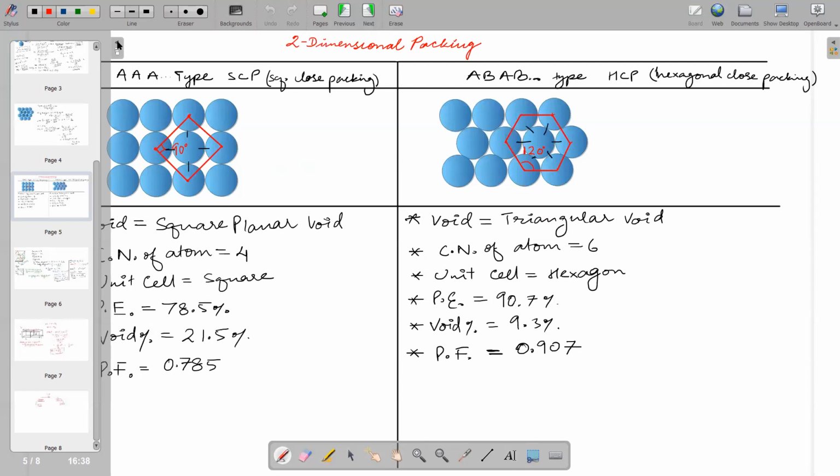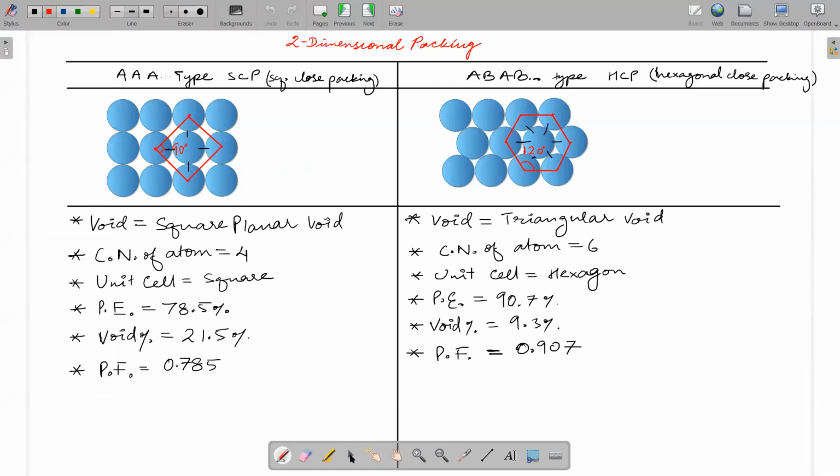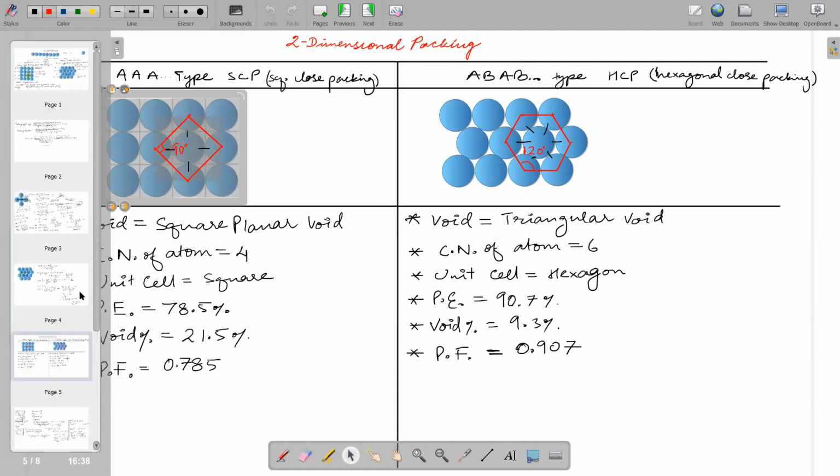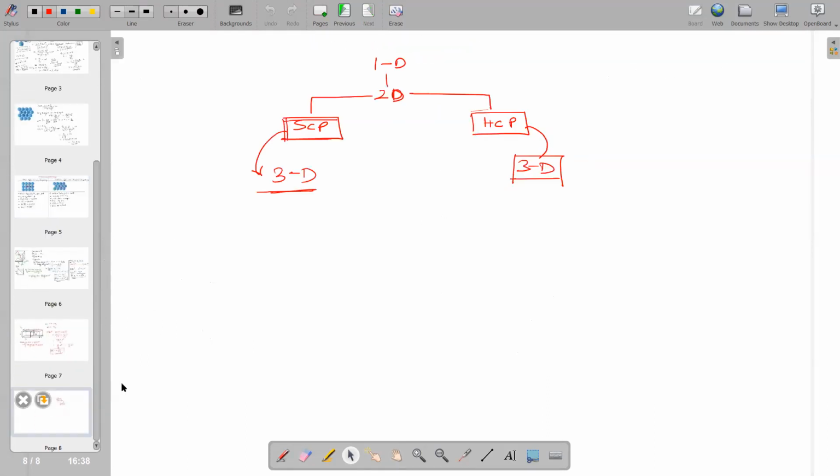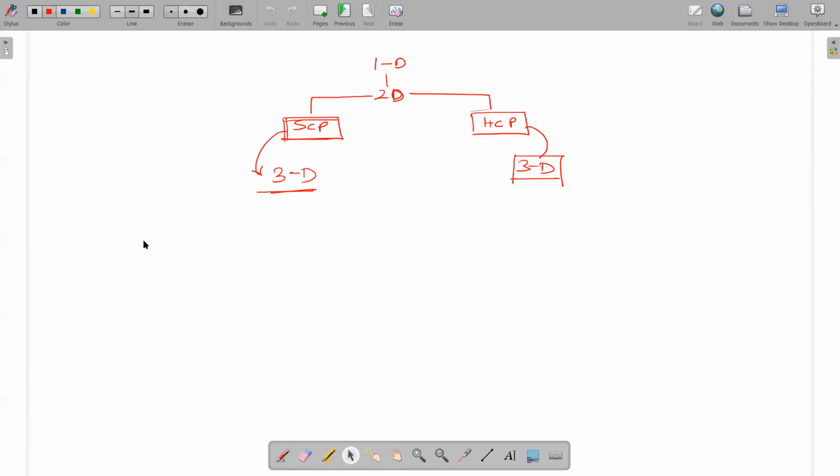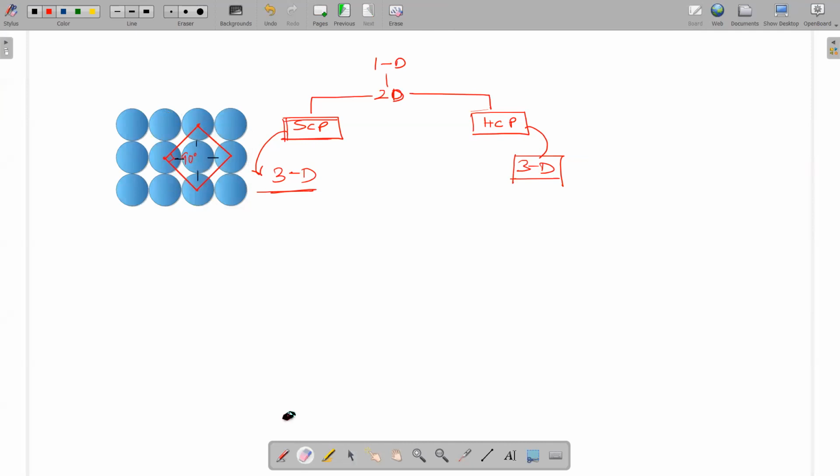Yeah, this is the structure. Let me copy this. This is the thing that I like here. Zoom does not provide this option of copying. Okay, but I don't need this 90 degrees and so on, so let me just erase this.